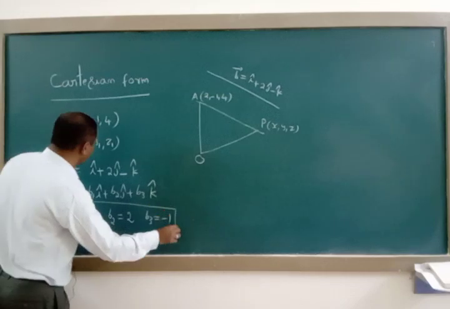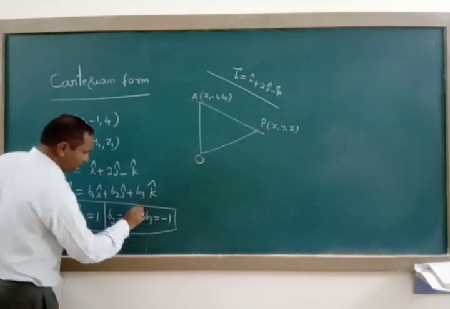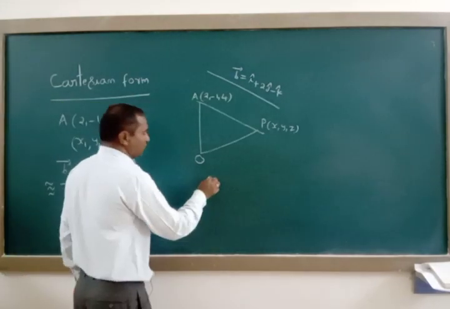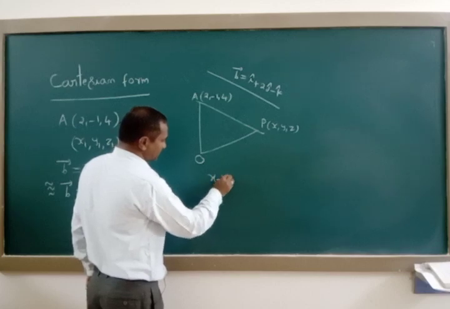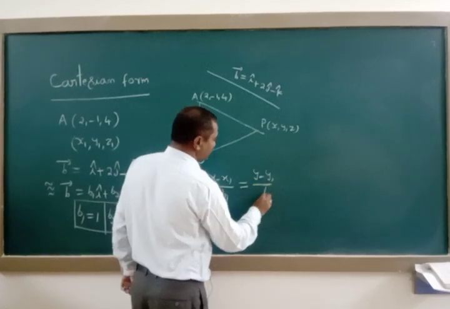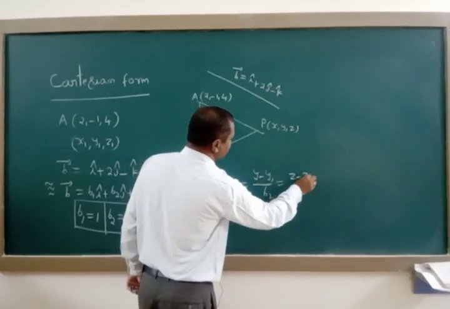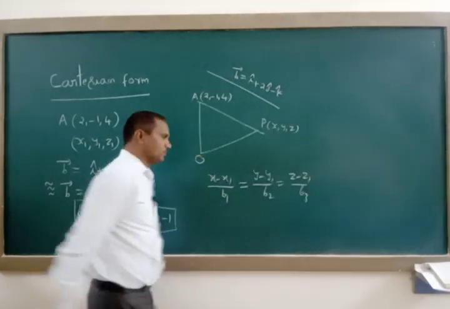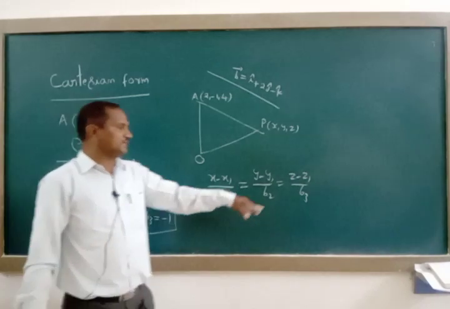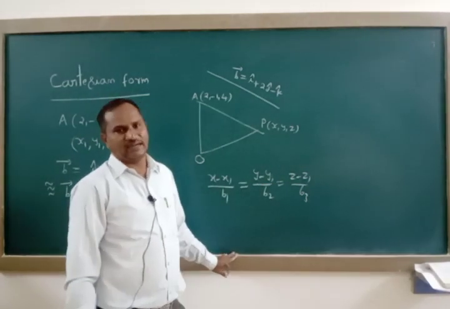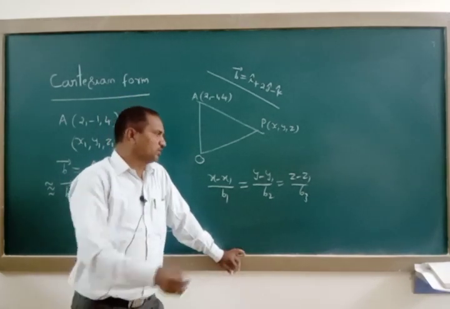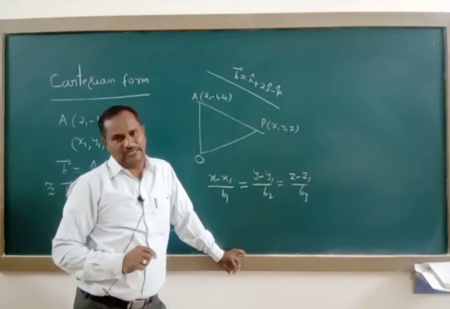Substitute all these three, and the remaining three, in the Cartesian form of the equation of a straight line. The formula is (x minus x1) by b1 is equal to (y minus y1) by b2 is equal to (z minus z1) by b3. Last is equal to lambda. You may write it or you may not. For some questions, whenever we need it, we write is equal to lambda. Right now, no need of writing lambda here. Just writing these three terms is enough for this question.